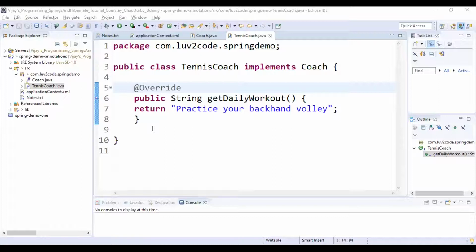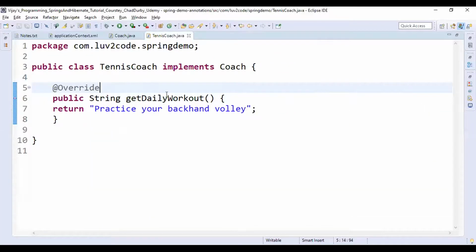The first point here is, annotations are simply special labels or markers that are added to Java classes. And they actually give us metadata about the class.